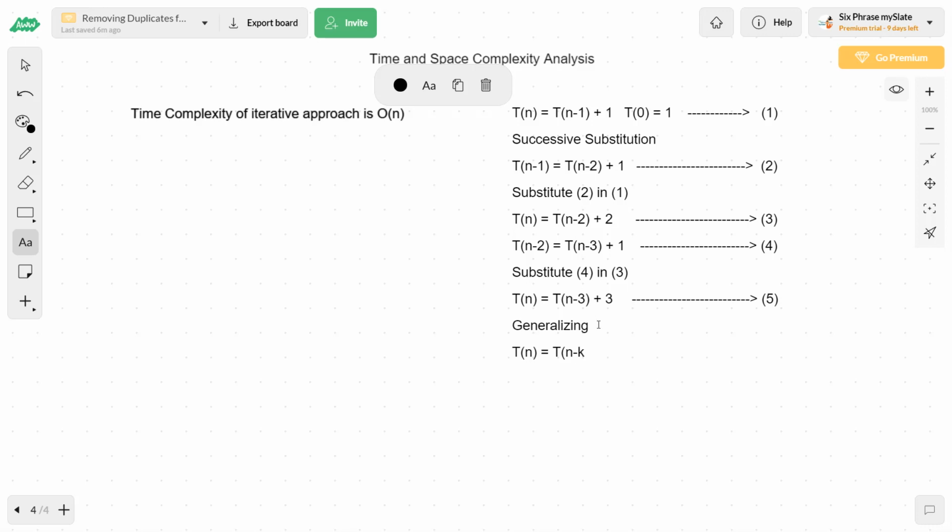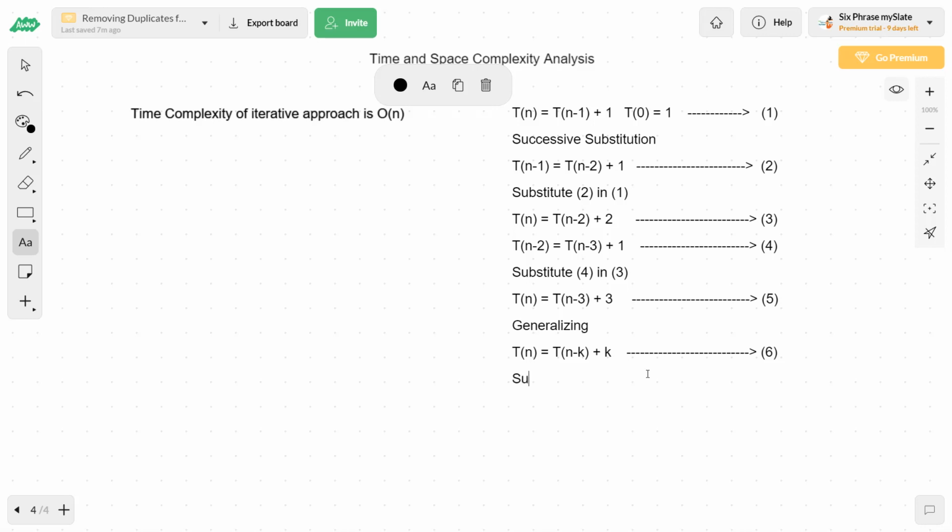Changing. That changing value we will take it as k. Plus. Positive term is also changing. 1, 2, 3. Negative term minus 1, positive also plus 1. Negative 2, positive 2. Negative 3, positive 3. So if it is k, it also has to be taken as k. So t of n minus k plus k, and this equation we can just take it as equation number 6.